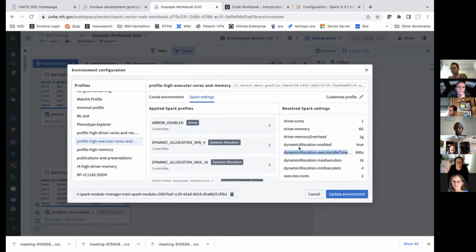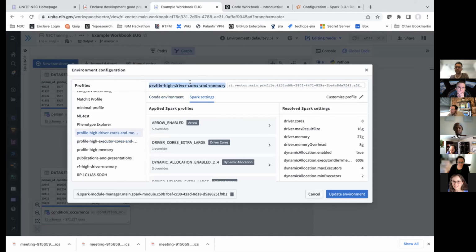The other thing that we can do is we can create new profiles for you on a need basis. And when we create them, we can select some of these settings here. So you cannot select them or change them on your own, but depending on your use case, we can create a profile that is tailored for your use case. But part of what I wanted to show today is these 2 new profiles that hopefully should be good enough for you if you have, especially if you're using R and R data frames